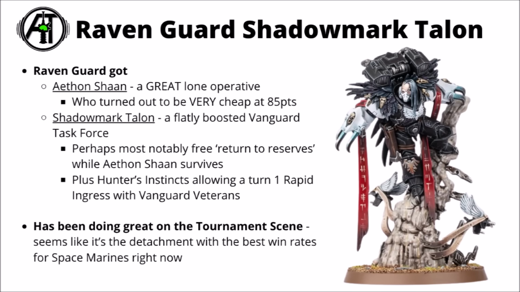As I've talked about in a few videos recently, the Raven Guard seem to have been making some big waves. They got Ethon Sharn in a Great Lone Operative datasheet, particularly so when Games Workshop gave him a very cheap points cost of 85 points, and then the Raven Guard got their unique detachment in the Shadowmark Talon, a flatly boosted Vanguard Task Force detachment, which was already one of the more interesting ones as Codex Space Marines went, but